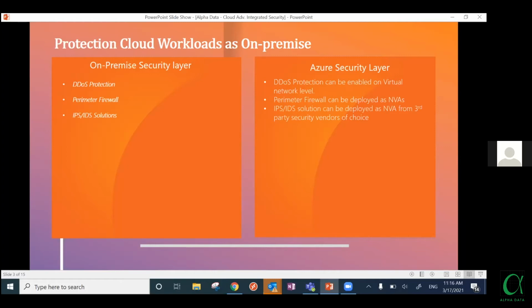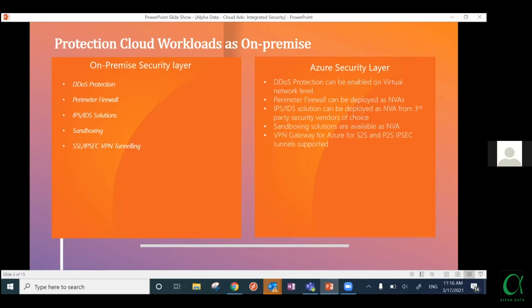Now, Azure has certain solutions native to it, but not a full-fledged IPS/IDS solution. So you would definitely need an NVA in Azure for the IPS/IDS solutions from third-party security vendors. And of course, sandboxing is also one of the solutions, but you don't have it right now in Azure, so you have to depend on the NVA for that, which is nothing but a third-party security product. And SSL, IPsec, and VPN tunneling.